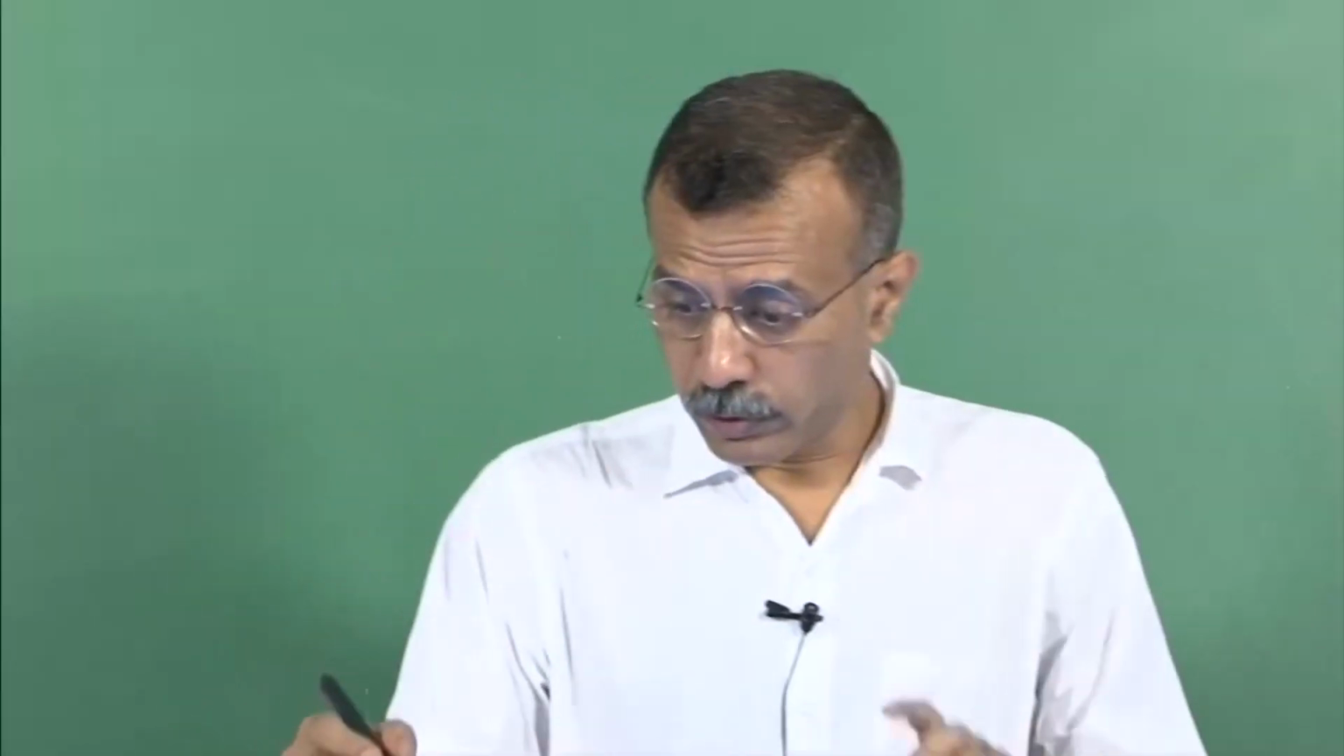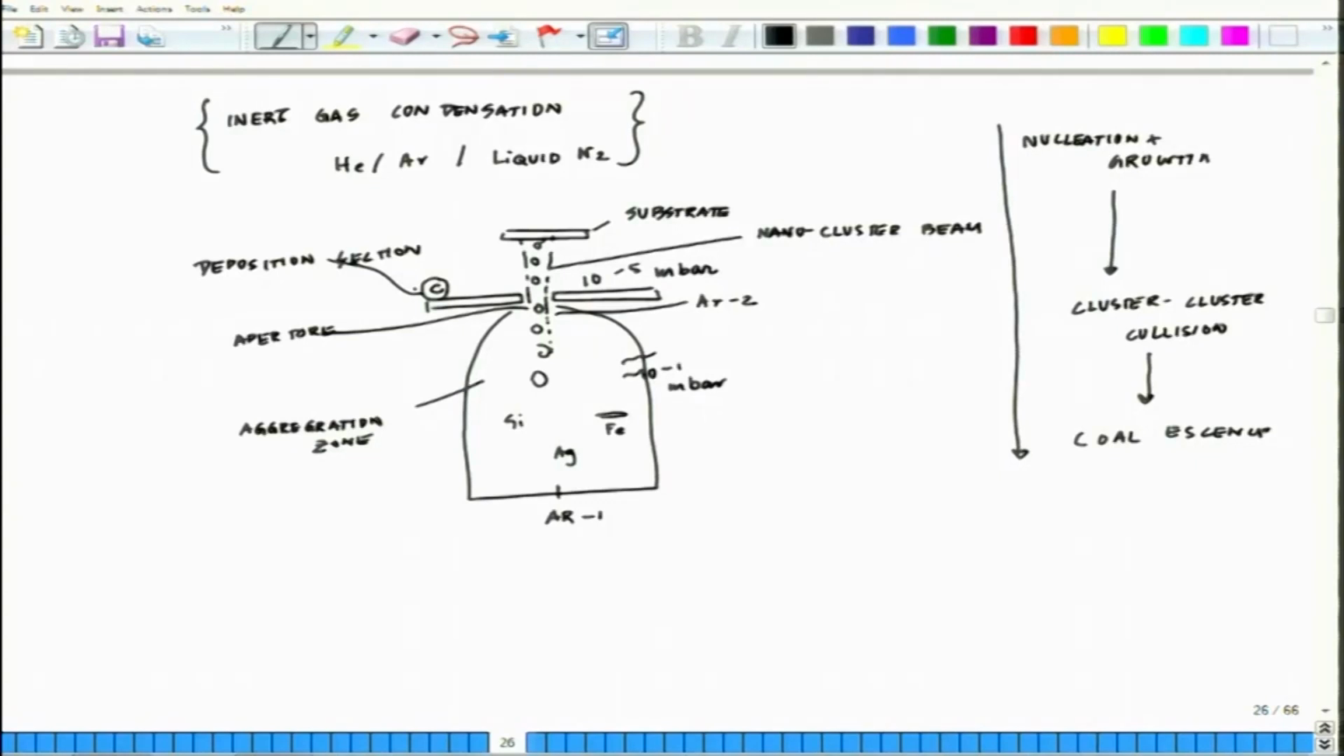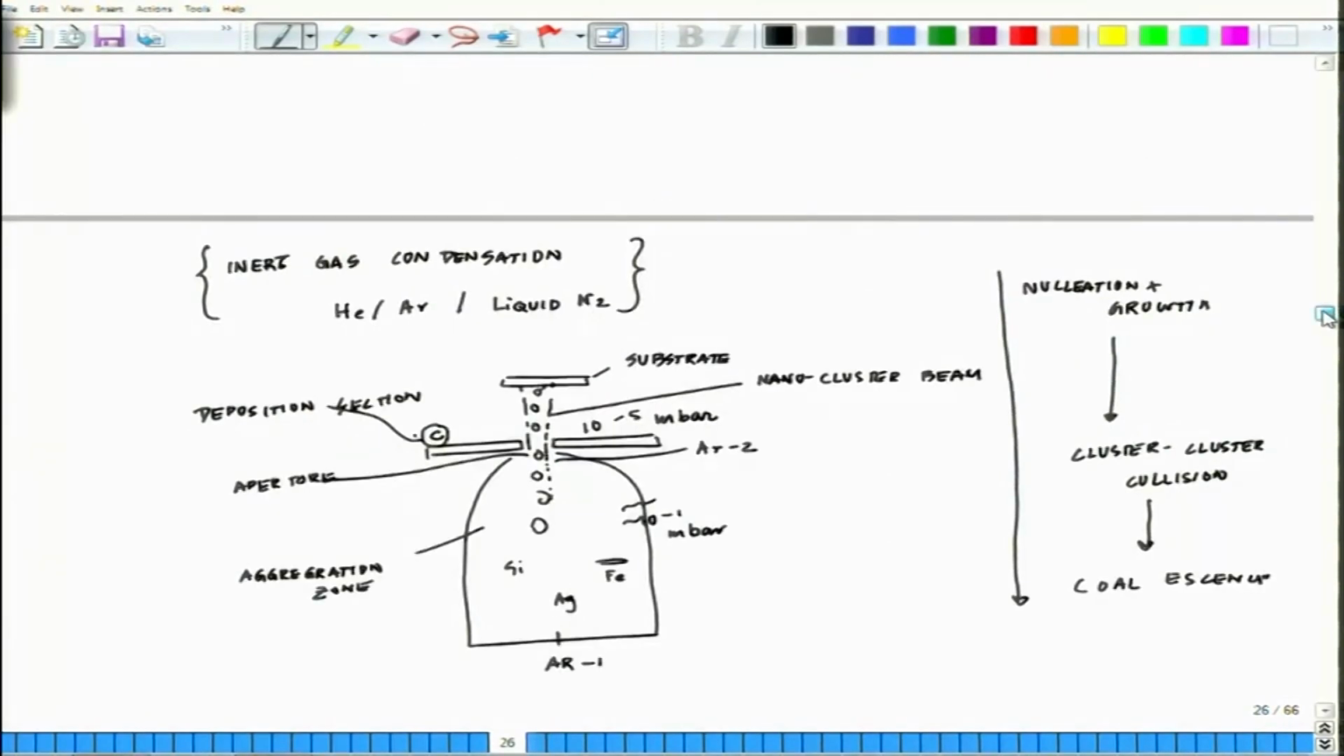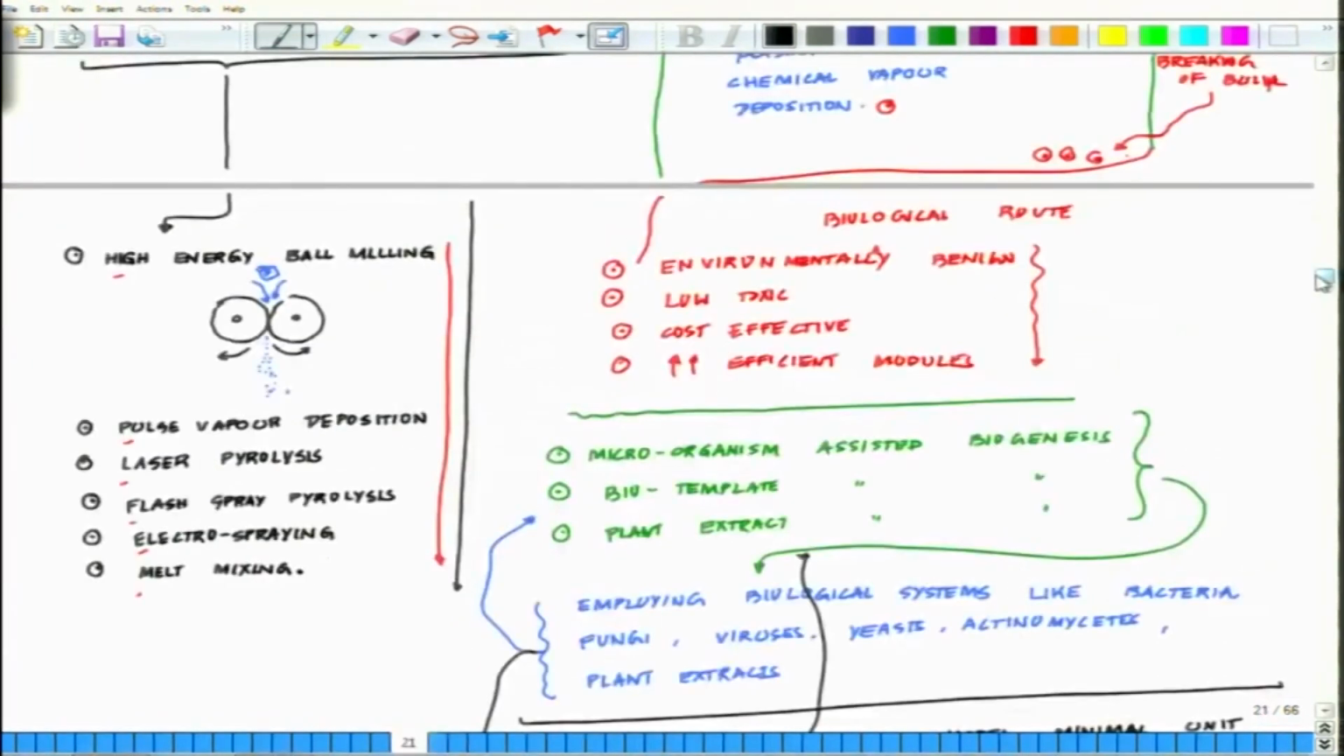Now moving on to this line, what we are having next is, so we talked about the inert gas condensation. Now from here we move on to physical vapor deposition. Physical vapor deposition is again a collective set of processes commonly used for